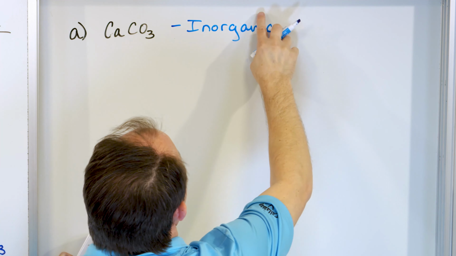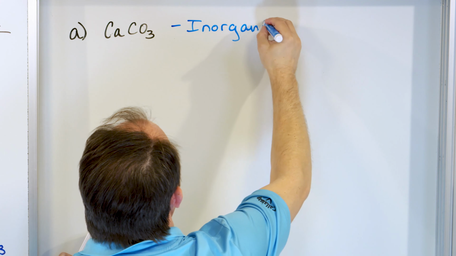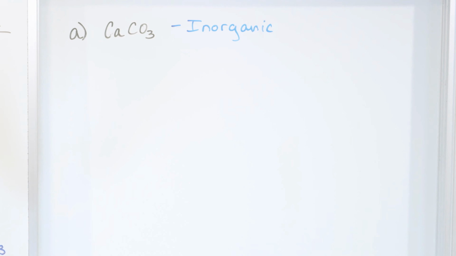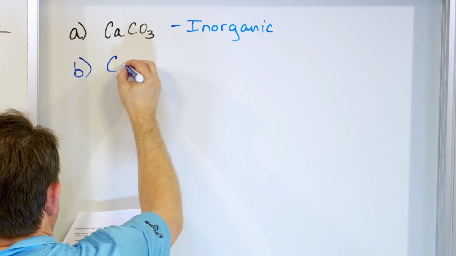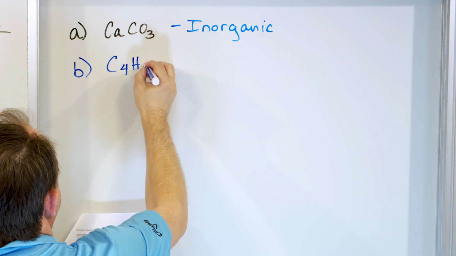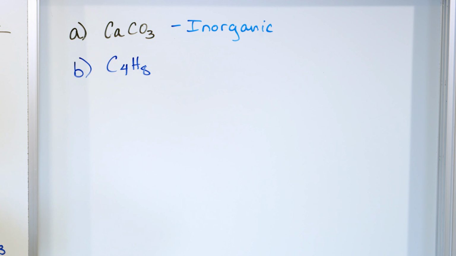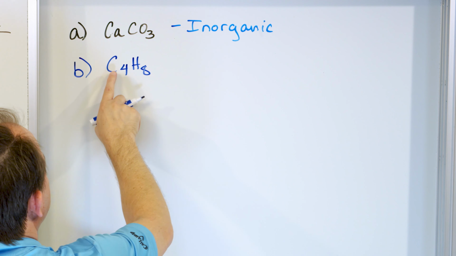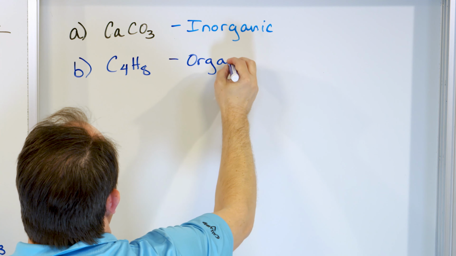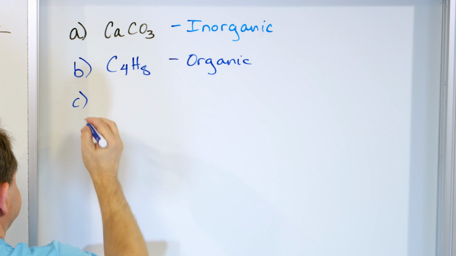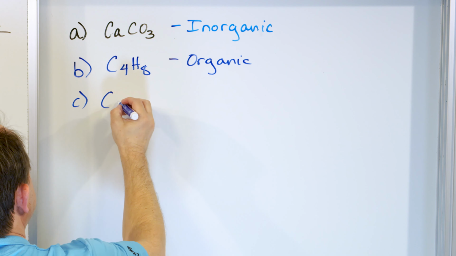It needs to have carbon and hydrogen. All right, next problem. Let's take a look at C4H8. Is this organic or inorganic? Okay, it's got carbon, it's got hydrogen, nothing else, so this thing is organic. Whatever it is, it's organic. Next,